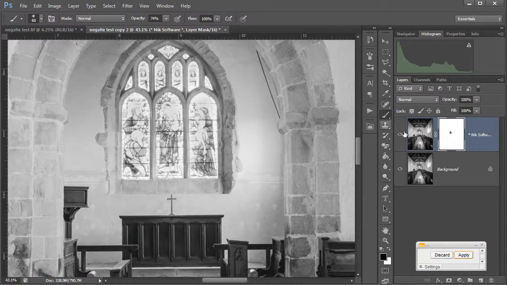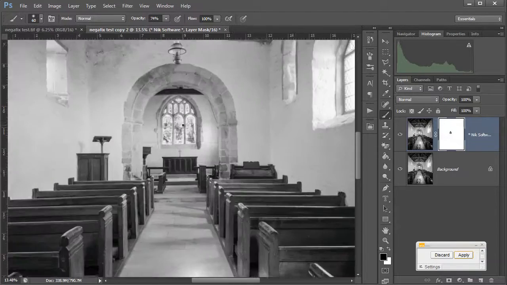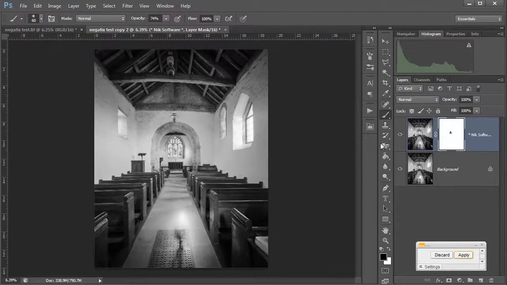If we just zoom out a little bit, there we go, that's better. I've brought that highlight detail back to that glazed main window, and then if we zoom out, we can see the before and after. I think you'll agree that, with the before and after previews, that's before and that's after, that by moving the main light source to different parts within a picture, and this can be interiors or landscapes outside,